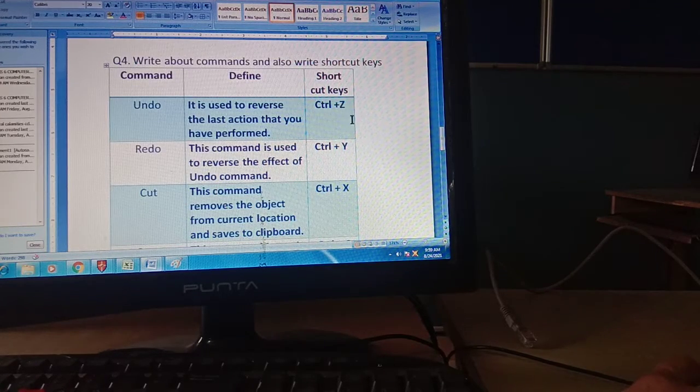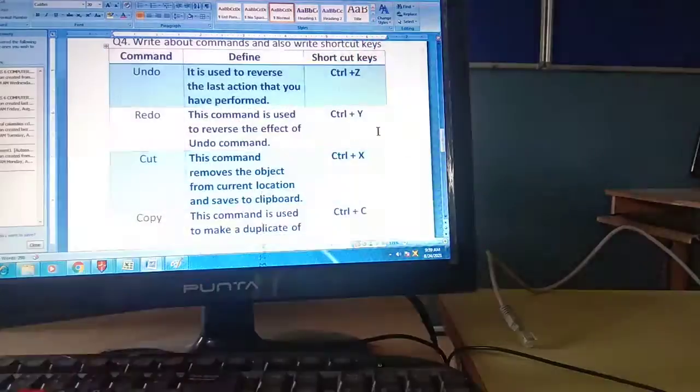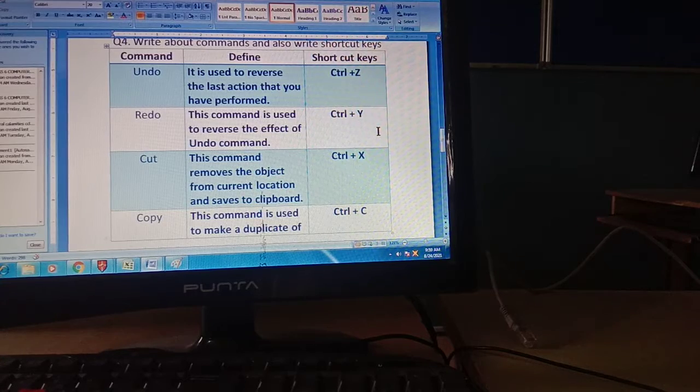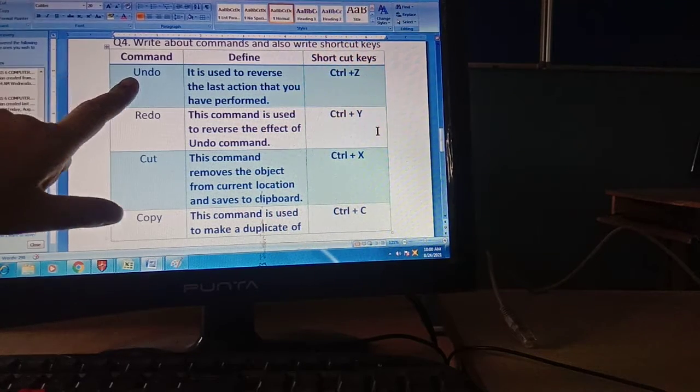So these are some shortcut keys I have already given you in worksheet, and in this worksheet I am going to give you to solve it. Okay, here I am explaining and in worksheet I will give you to do practice of it. Okay, so undo command किस लिए यूज़ होती है बेटा?